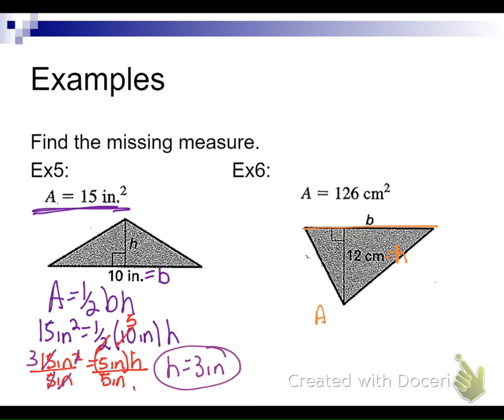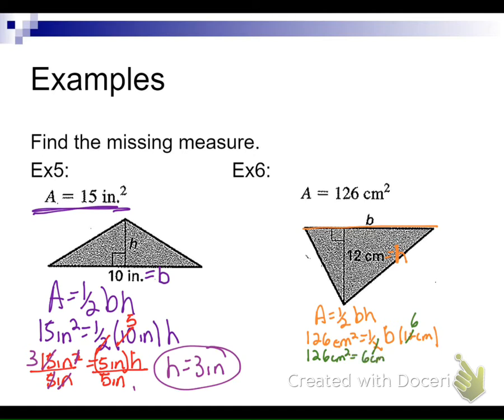So you're going to use that area equals 1/2 base times height, where our area is 126 centimeters squared. 1/2, and then my base is B, and my height is 12 centimeters. We can combine like terms of that 1/2 and the 12. Well, 2 goes into 12 6 times. I'm going to rewrite this to make sure everybody can see it. 126 centimeters squared equals